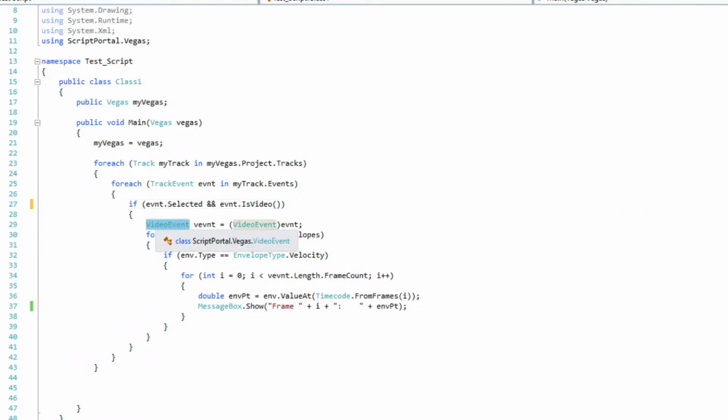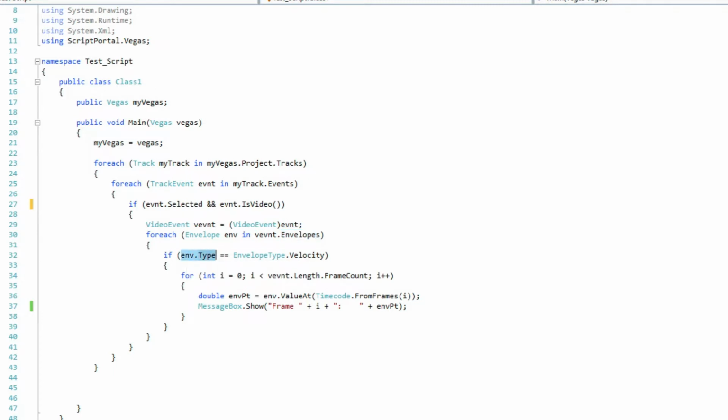Then we're going to convert it to a video event, which I'm just calling VEVNT, and so we just use the video event in parentheses here instead of the event variables to change it from a track event to a video event. Then for each envelope, which I'm just calling ENV, in this video event envelopes,